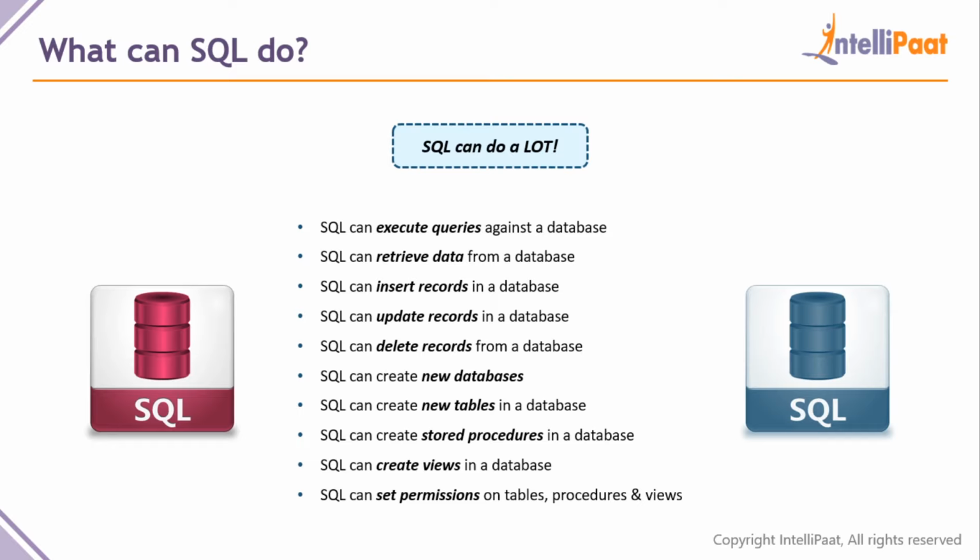And then SQL can create views as well. Views are these temporary entities where, let's say our table contains 1,000 rows, and we don't want to see 1,000 rows or 1,000 columns, in fact. We just want to see 3 columns and 3 entries. So in that case, we create something called a view, where we only pick the things that we want to see, and then we show it on the screen. It's as simple as that, guys.